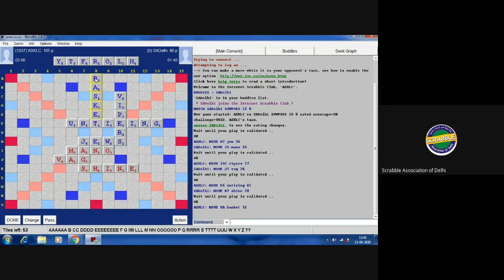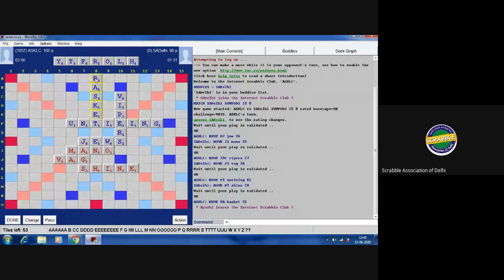I can even go with something using Shine. I can use the Shine also. This would also give me a good score. This is 4, 5, 6, 7, 8, 8 points already there. If I put a D at the end of Shined or an R, even then I would get a good word and a good score. I can bring it down, opening up the triple word on the right hand side as well as the left hand side. So that way also I can play. Let me see what I can do.